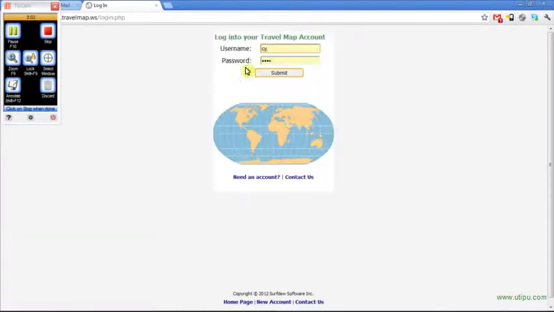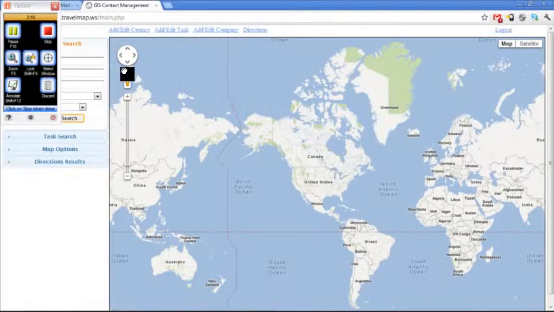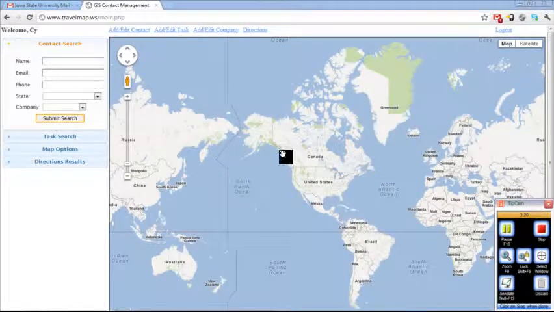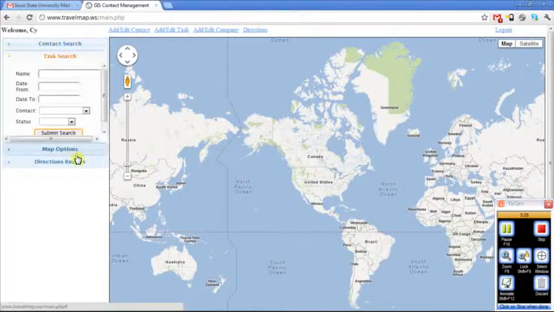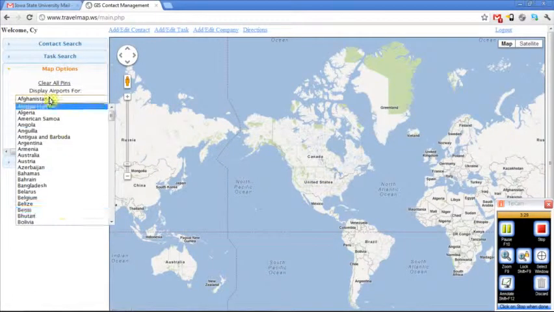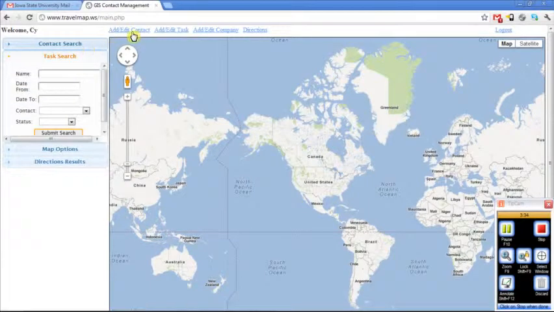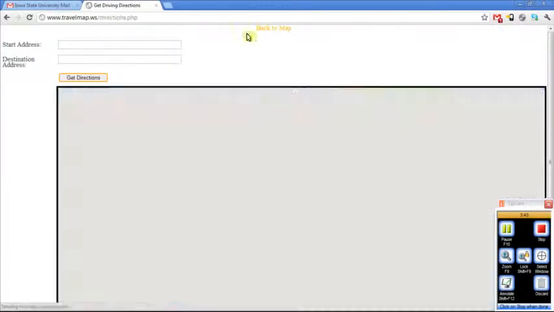So now we're going to the login screen, and the login for the site is Sci, and pass is the password. I just have one user set up right now for testing. So we'll go into the site here, and you'll see there's a map that's predominantly shown on the screen, and we've got some different options here: contact search, task search, and I'll show you how the airports work here, directions. And then we've got some add, edit links up here, so you can edit or add a contact or a task or a company, or